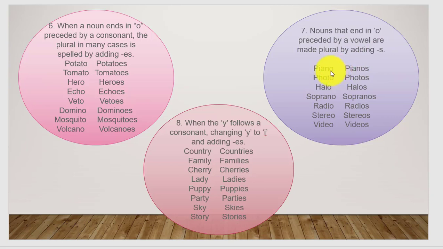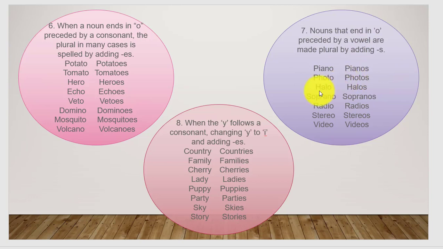You should keep this rule in mind: if O is preceded by a consonant, we add es. Nouns that end in O preceded by a vowel are made plural by adding s.